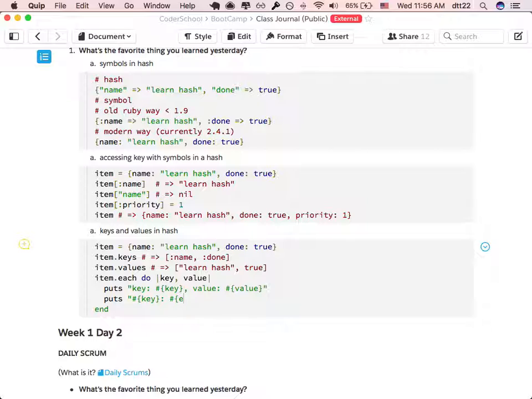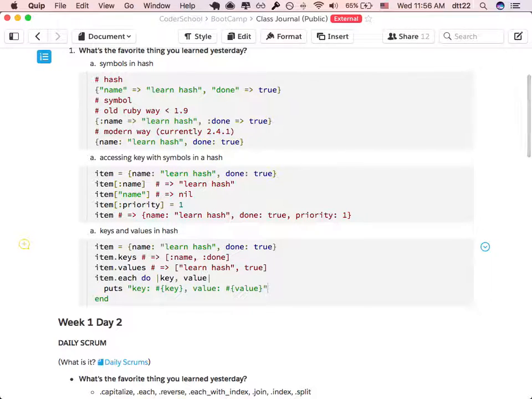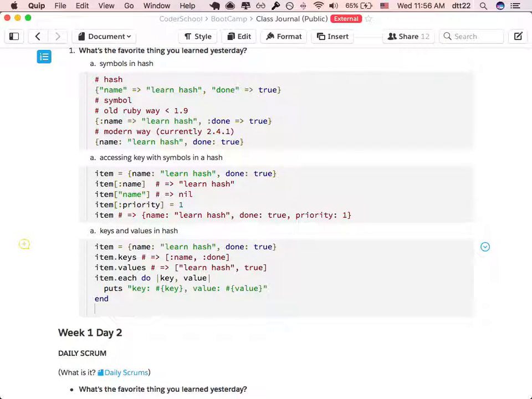It's almost like that, but you can print out what looks like a hash. But if I print this, then what do you get out? The output will be key, space, name, value, learn,